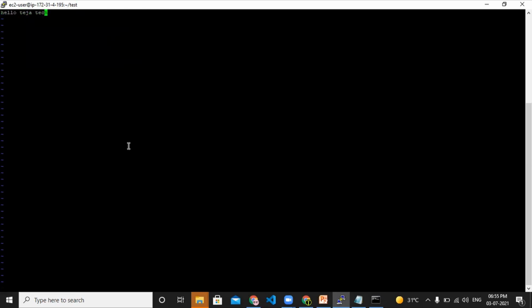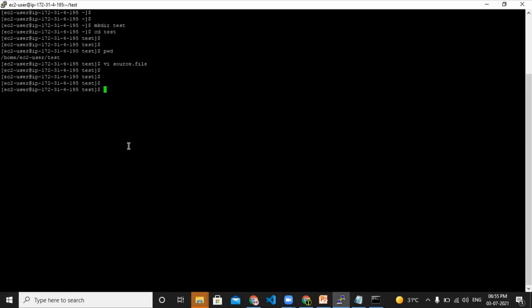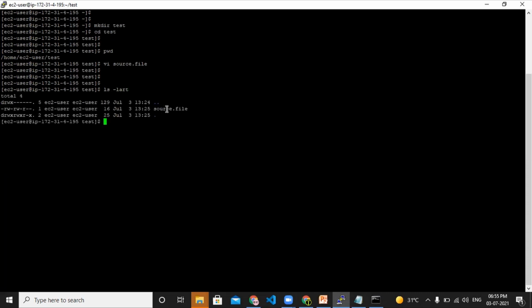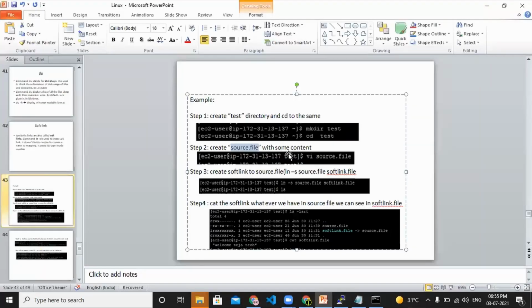I have inserted some text and I'm going to save this file. By using ls -lart, we're able to see this file. The file is created by ec2-user and we have inserted some text. Okay, that's fine.